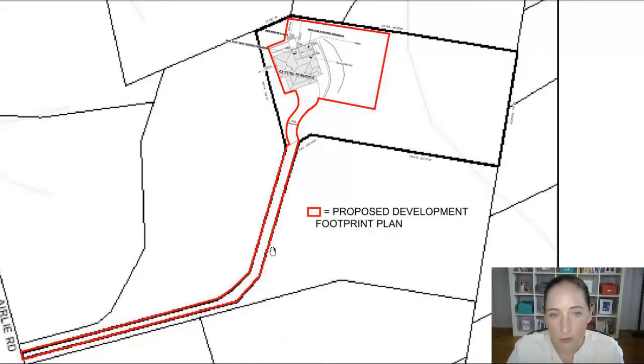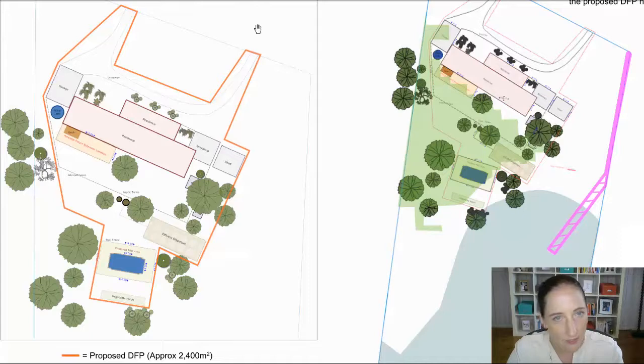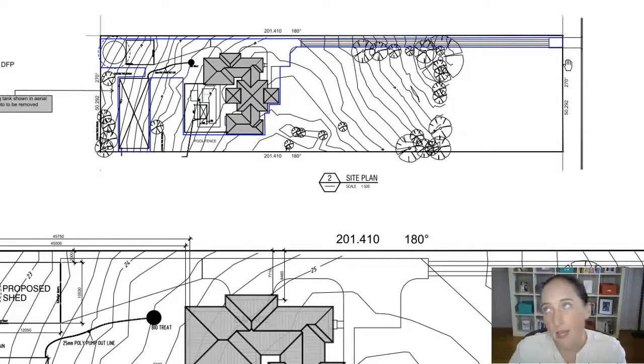Again, it perfectly follows the driveway, because why would you waste extra DFP on areas along the driveway you're not actually going to build structures in? Same thing here. Nicely around the driveway, covers your septic areas, your pool, your vegetable patch, all of that sort of stuff. And again, I'm sounding like a bit of a broken record, along the driveway and then jutting in and out around the house.